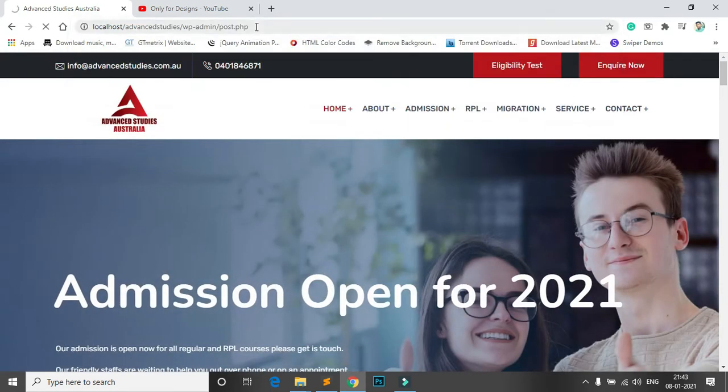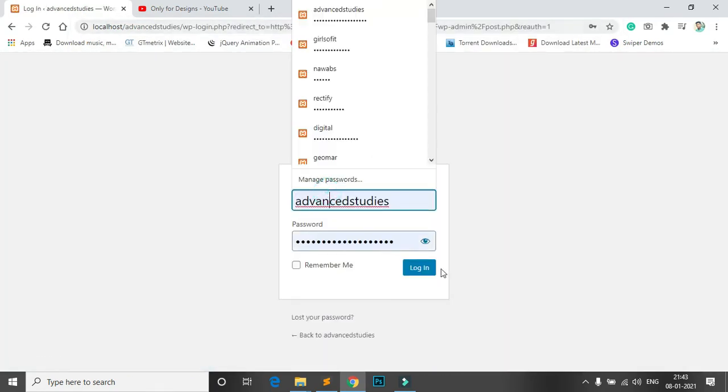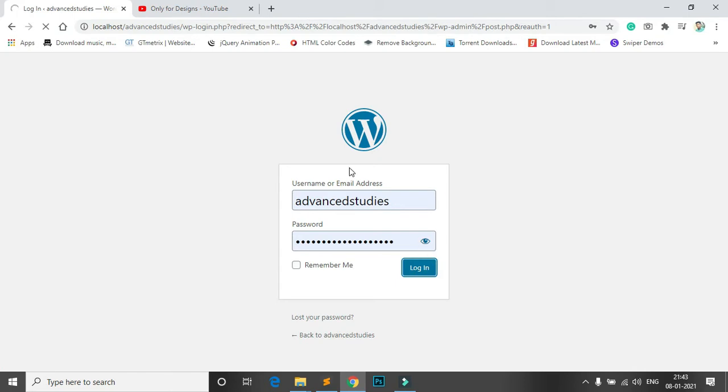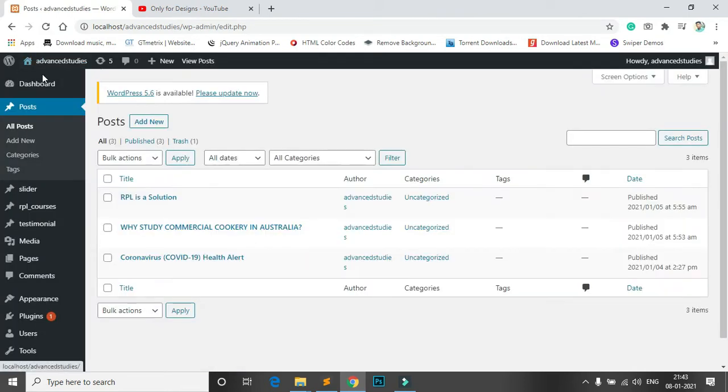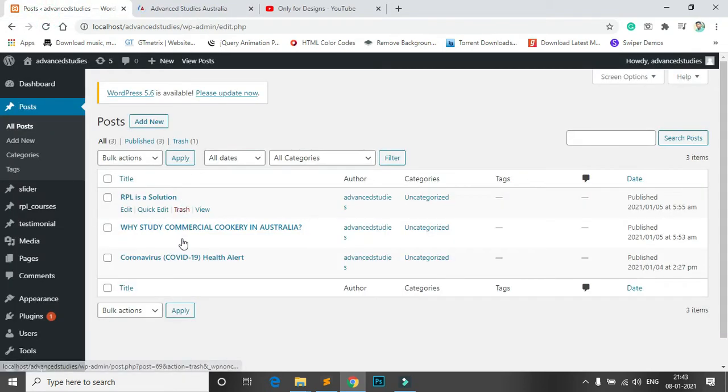WP admin, visit site. Okay, so you can see these are the three posts. If you add a new post, I just put dummy text.